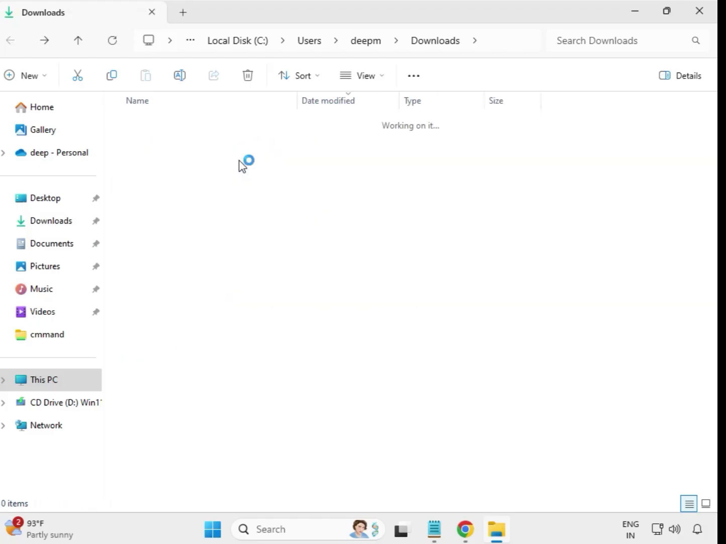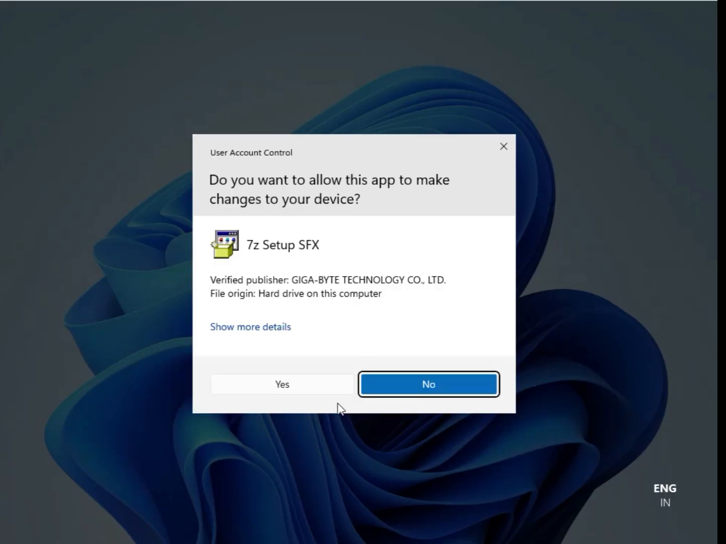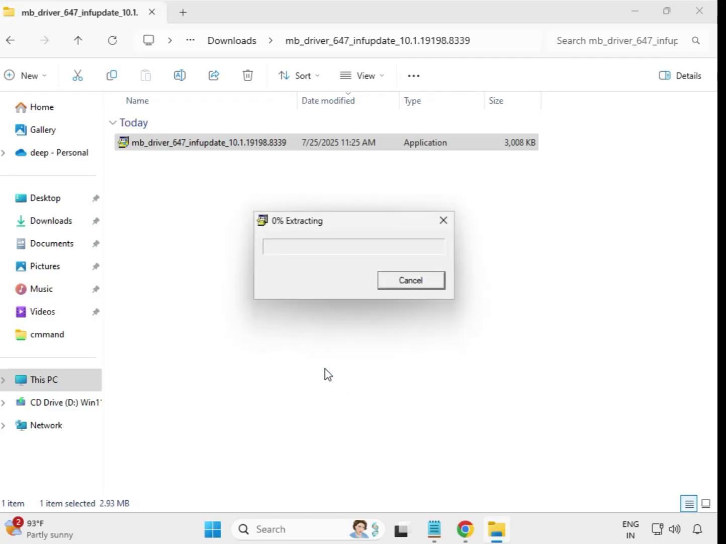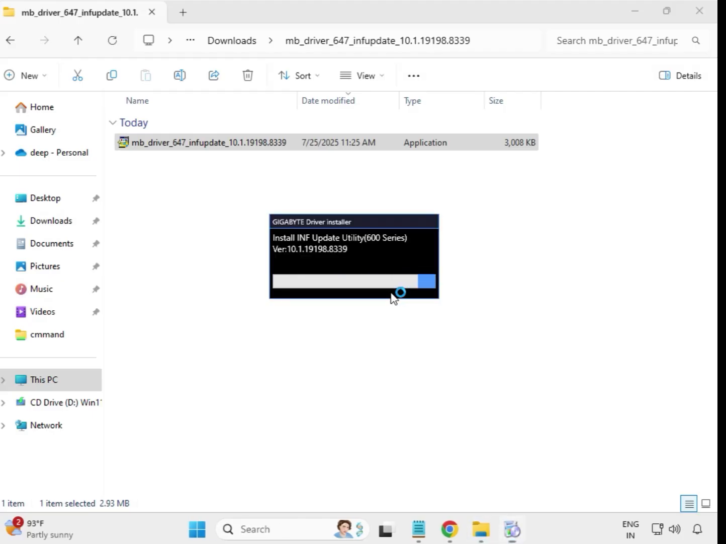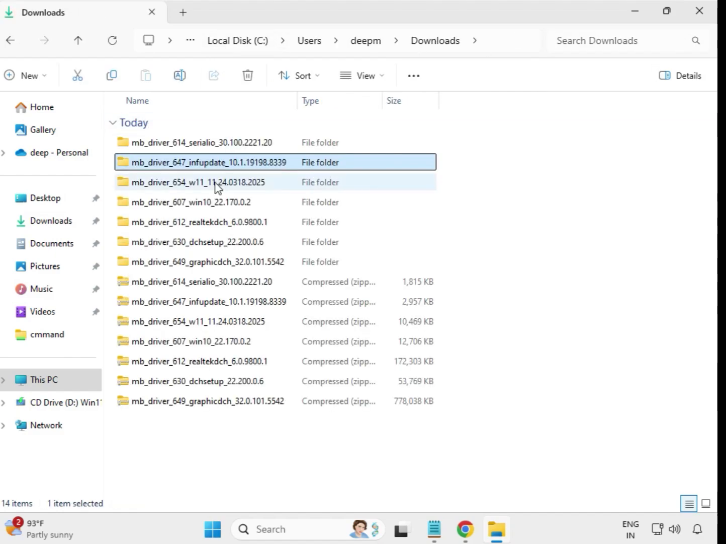Then the second one, same, select and right click, run as administrator, and then yes. So it is closed automatically, which means this is installed. Go back. Then the third one,